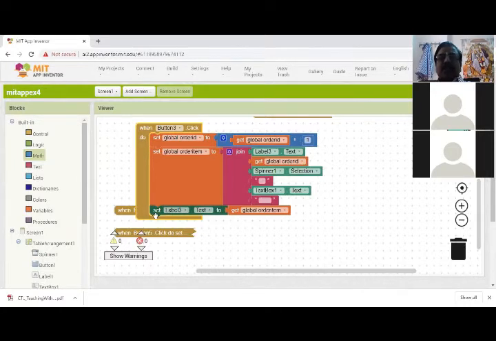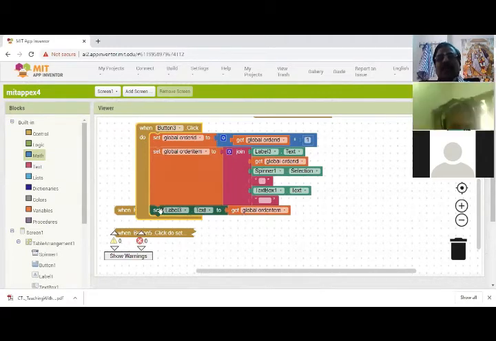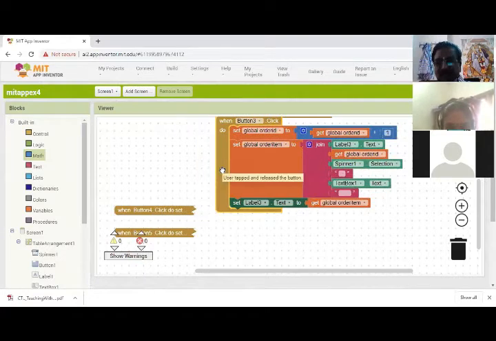Okay. So set label 3 text is going to be get global order item. So all the things I am adding, I am going to use label 3 as my cart. I am going to add this, get global item. So this is the first thing. So easily understand, I am selecting some goods and increasing or decreasing the order quantity as I wish, and I am going to add to cart only.